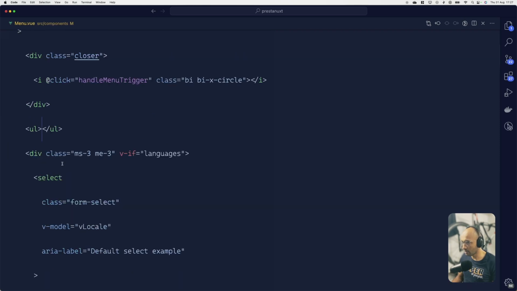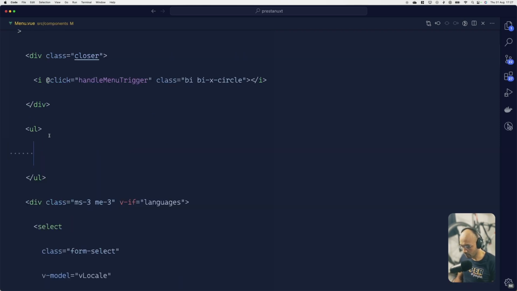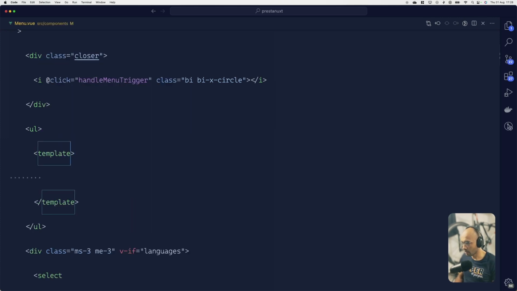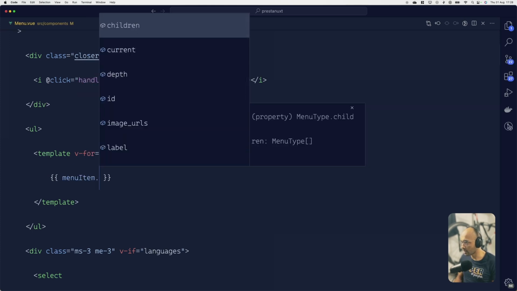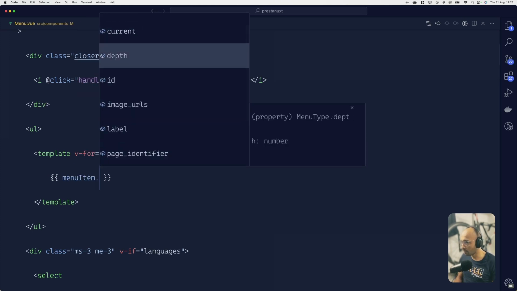Now what is going to happen? Inside this li, we're going to do a little v-for. So let's start with a template real quick. There you go. And here a v-for. So v-for what? I'm going to say menu item, without an s, and I'll maybe need the index. So let's do it anyway, in menu items. The key here must be defined, so key is going to equal index. And let's see. If I do right here menu item, it's going to give me the label, plenty of stuff,